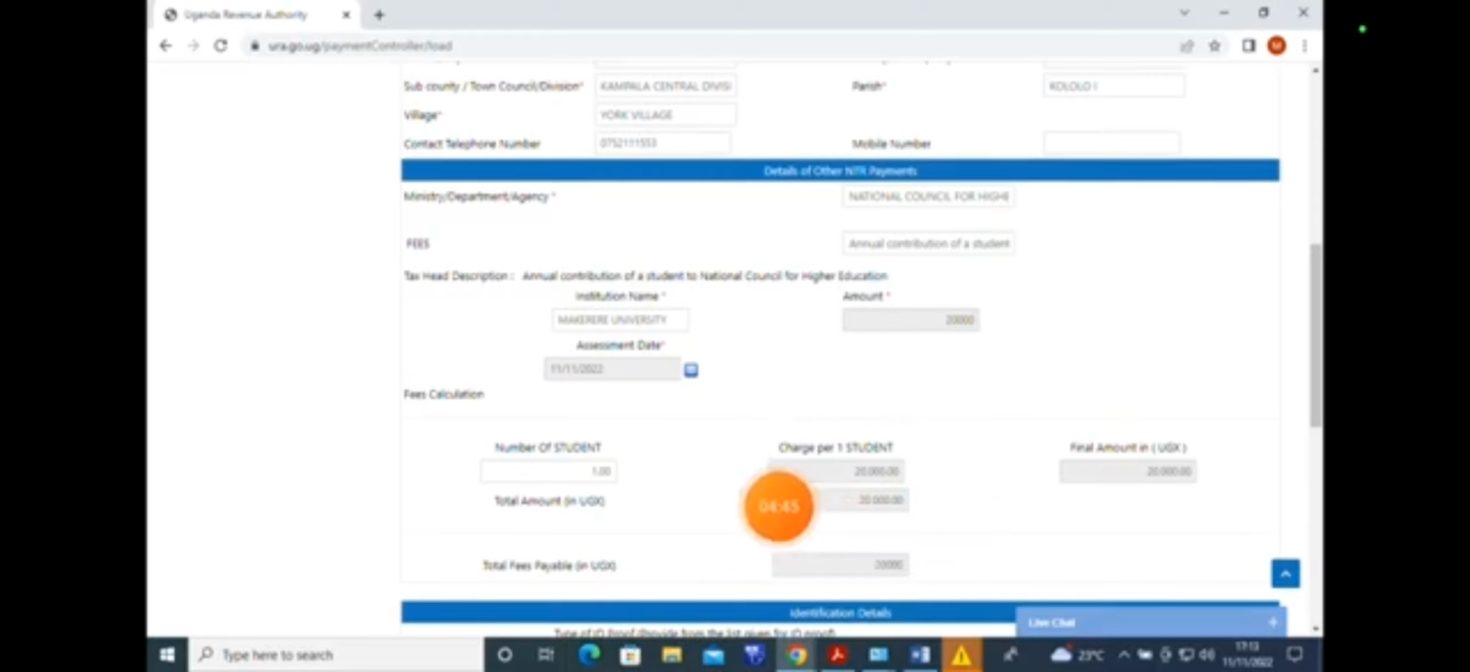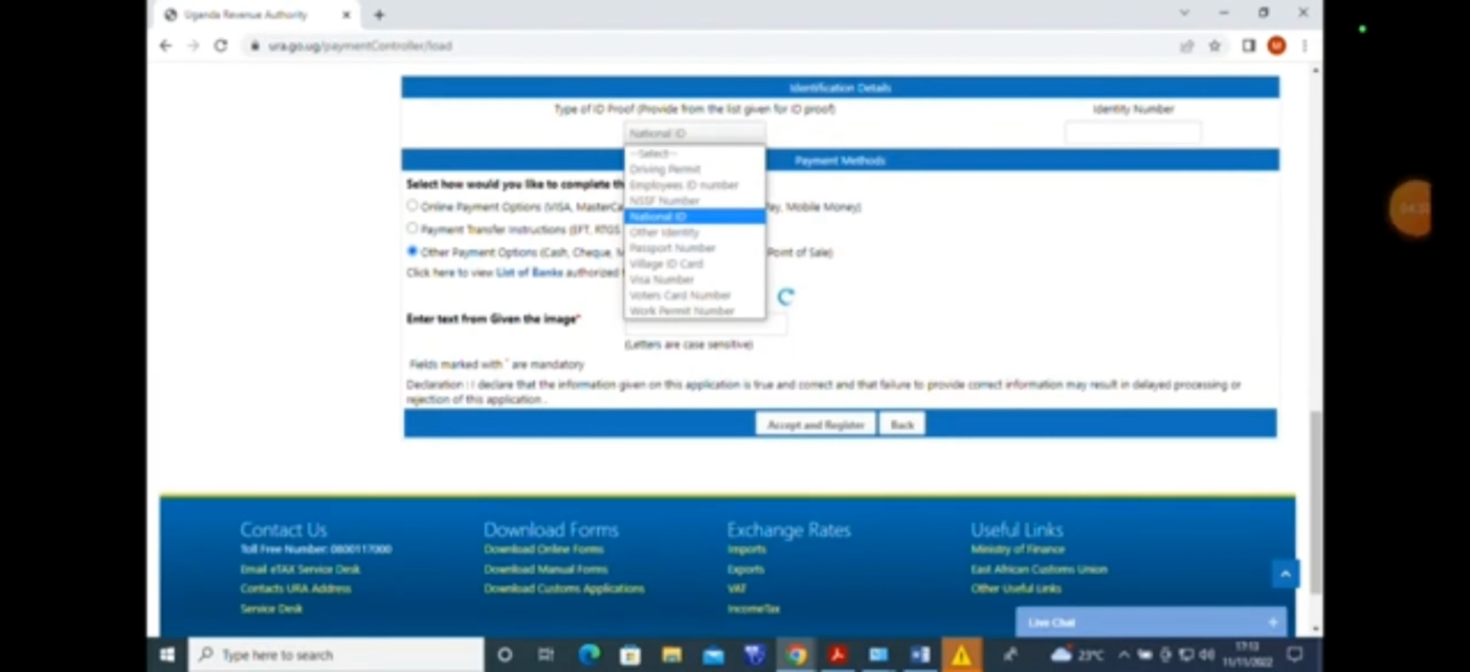Come to identification details, and you click in that drop down box just here. So they provide many